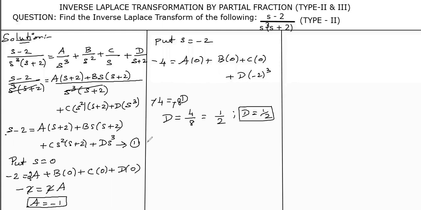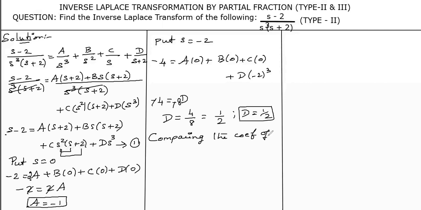Now to find the value of b and c, what else can we do? The only thing in this format is that we can apply the method called comparing the coefficients. So comparing the coefficients of what? See here, we have to find the value of c and b. So when you equate, the coefficient of s cube, d will be there. The coefficient of s cube is d. Also, when you multiply this term s square with these terms, we'll have s square times s is s cube, and plus 2 times s square is again 2s square.